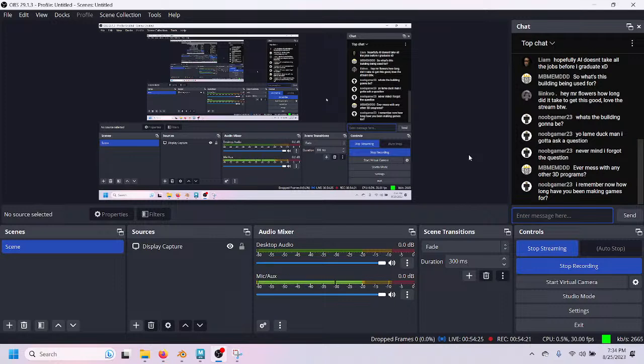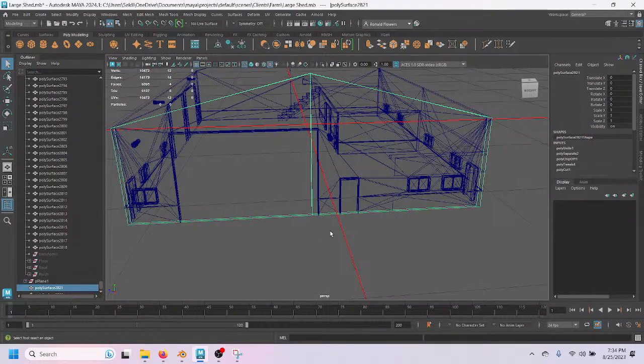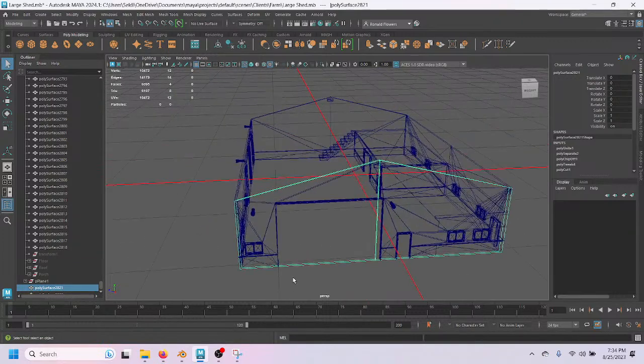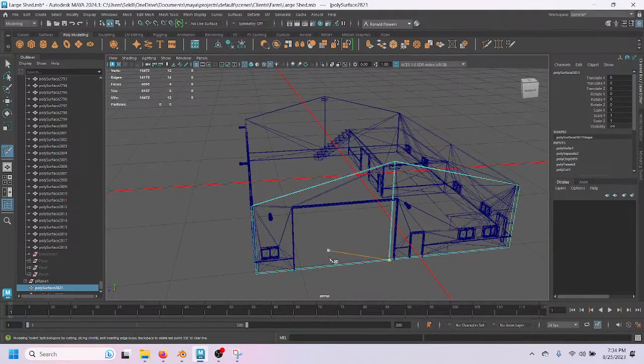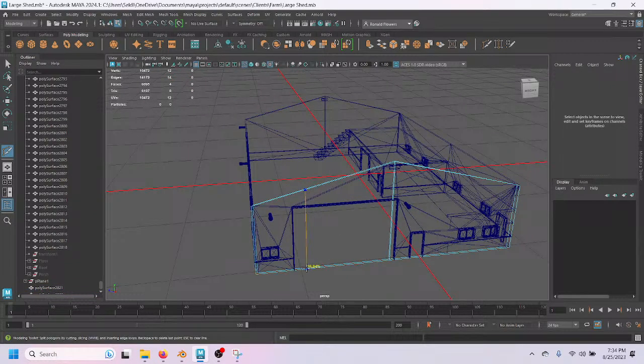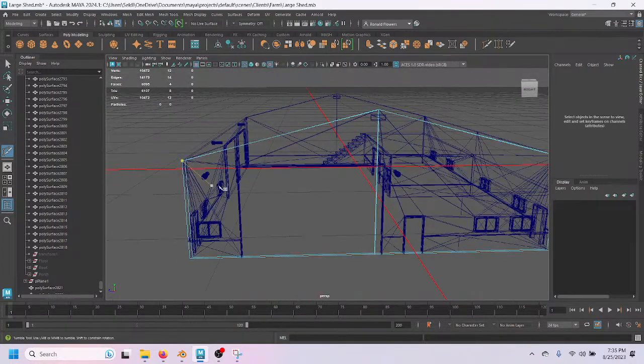Let's see. Ever mess with any other 3D programs? So yeah, I started out in a program called TrueSpace, which is really funny. TrueSpace was back on like old Windows 95, and what's kind of funny about TrueSpace is actually before I was gonna